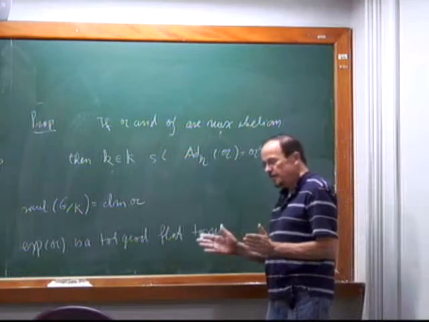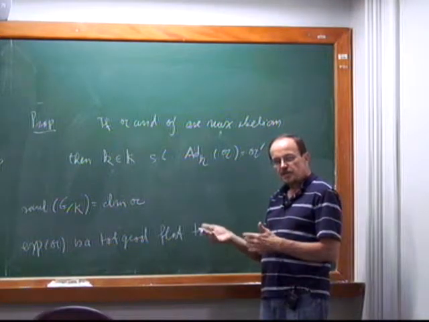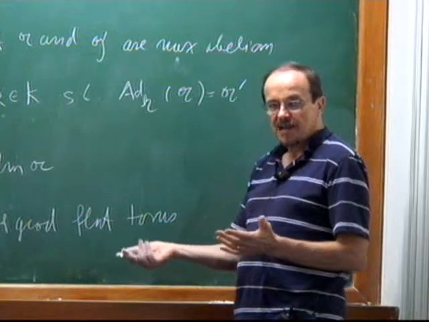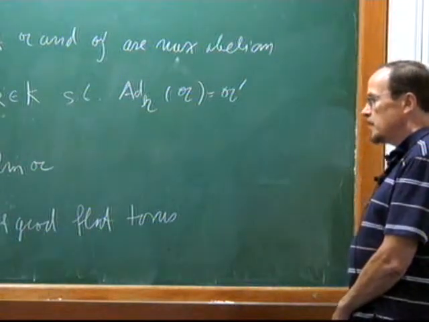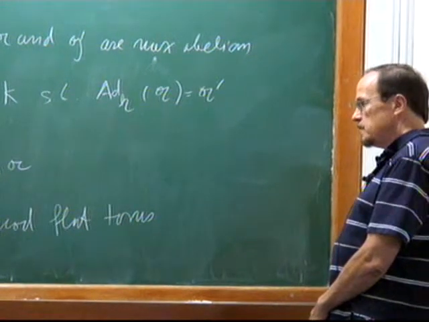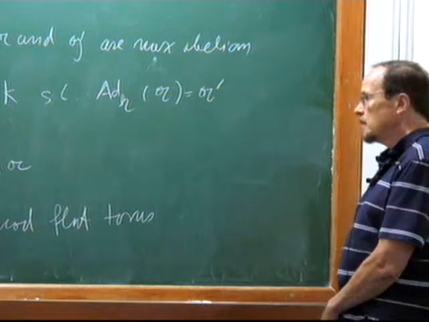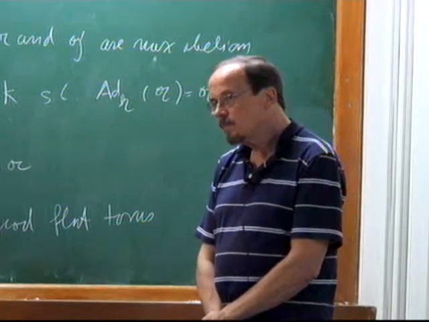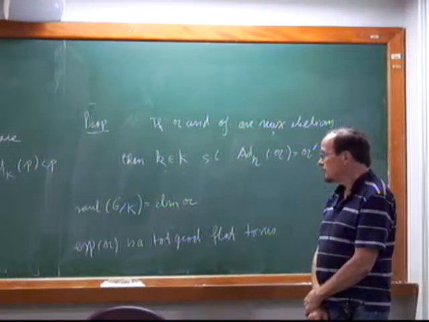It's abelian. Remember, the curvature is given by triple Lie brackets. So if I take something in A, Lie brackets are 0. So that makes sense that the image will be flat. It's also totally geodesic. That requires an argument. So one can also define the rank as the largest dimension of a flat totally geodesic torus inside the symmetric space. And it's preserved under duality. Pardon? The rank is preserved under duality. That's correct. In fact, the